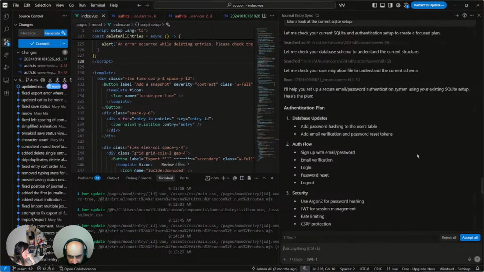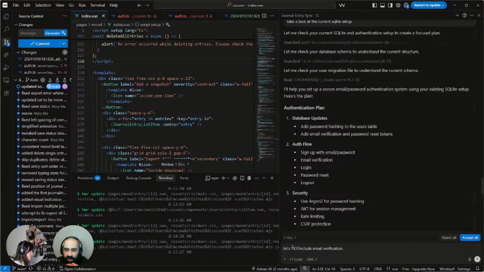Add email verification and password reset tokens. That's a bit much, because now we have to send emails, and now we have to have an email sender. So I'd recommend not doing email verification at the moment, and even just email password straight up. Let's not worry about email verification or sending emails. No sending emails right now. So even password reset would go out as a result of that for now.